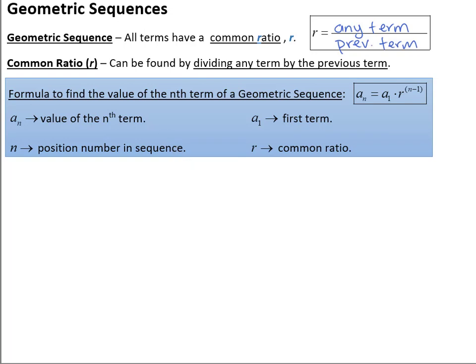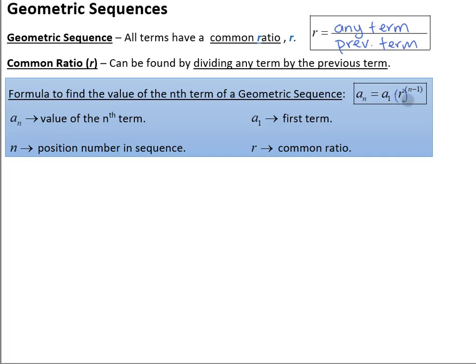Now, there is a formula to find a term far out in our geometric sequence. It's obviously a different formula than when it's arithmetic. The formula is as follows. a sub n, which just means the value of the term at position n, or the nth term, is equal to the first term in our sequence times the common ratio. Usually it's a good idea to put parentheses around our common ratio. I'll add those in for good measure, because sometimes the common ratio can be negative,